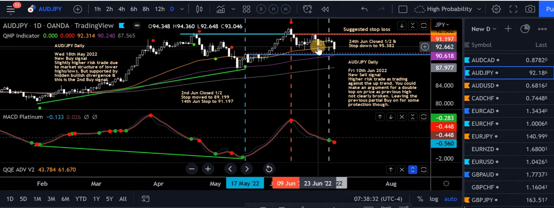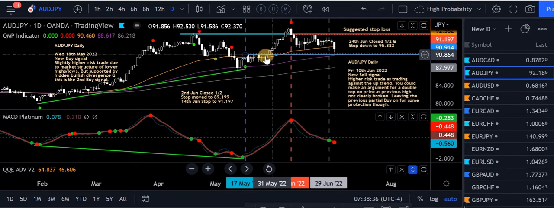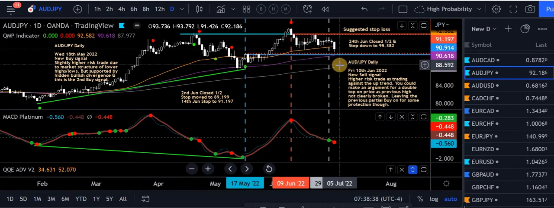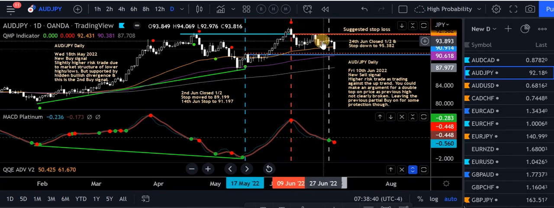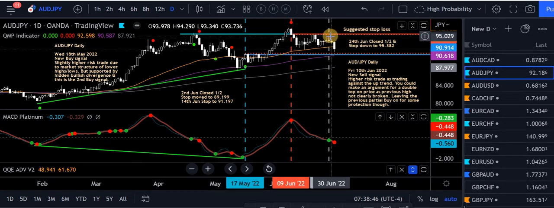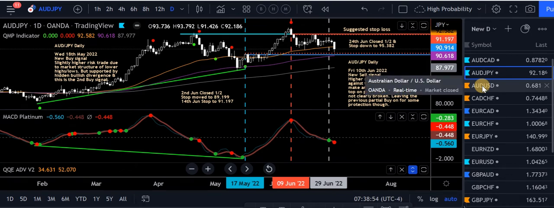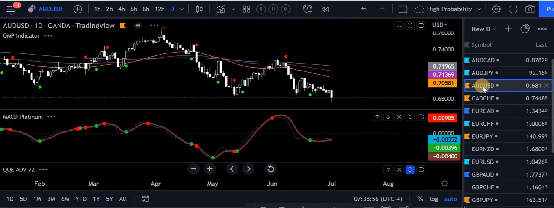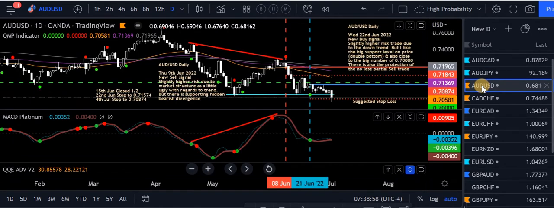The reason we've closed half, MACD Platinum's at the 0 level, prices at the moving averages. We're in an uptrend. It was a high risk trade to begin with. So we've taken a bit of profit and we bought the stop right inside the entry level. So we've got two partial trades on, a sell and a buy. We can't lose on either. We've already made profit on both, so it's looking good. So far, so good. Now things turn a little bit ugly here.